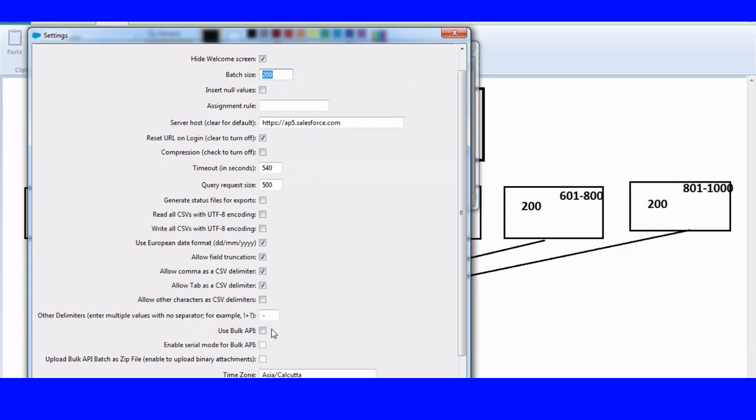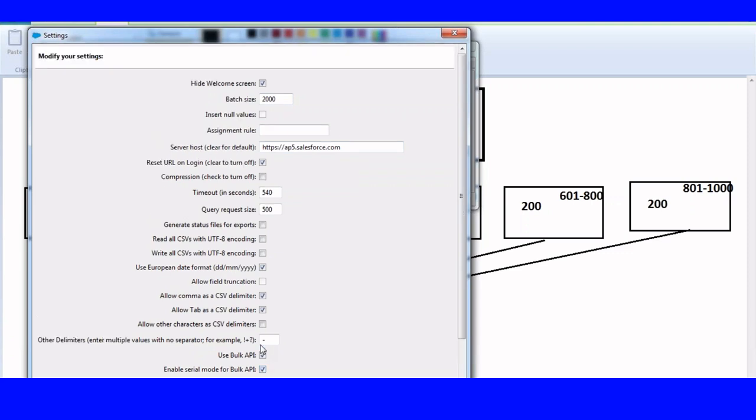Now I told, run this like a bulk, but make it serial. Make it serial means what? First 2000 records, followed by next 2000 records, followed by next 2000. Don't run asynchronously, run synchronously. Synchronous means first batch completed, then go to second batch, then go to third batch. It is what? Serial mode. If you want to run the serial mode,